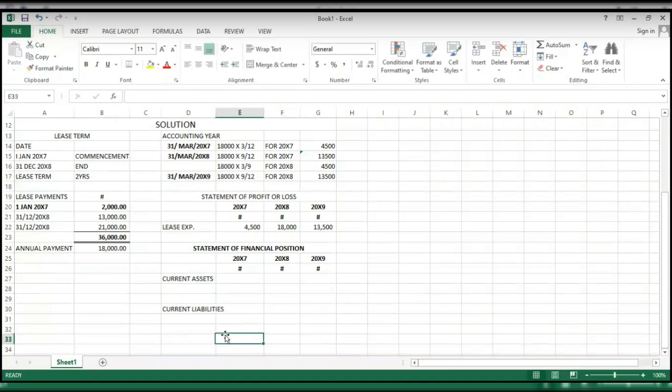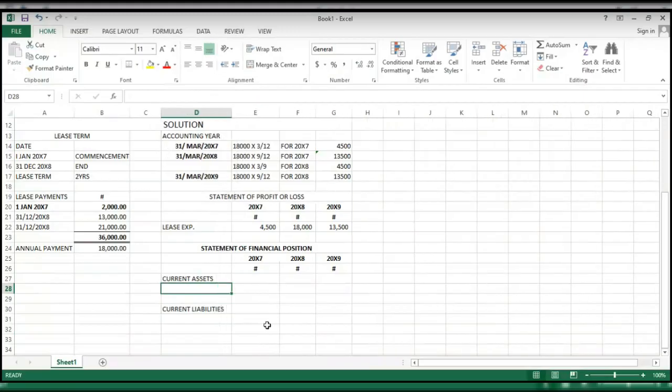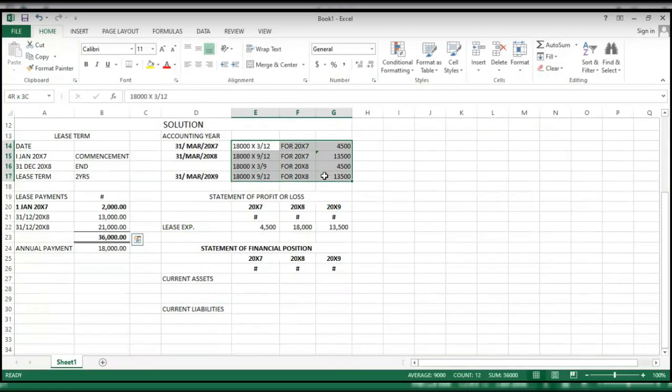Current liabilities. So now for current liabilities under 20x7, there's a liability of how much that we're going to pay in the month, in the year after. We paid it on 31st year, we pay this amount on. This is the cash flow. This is how we make the payment. This is the apportionment using the matching concept,